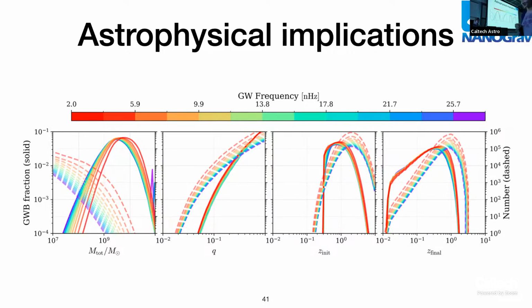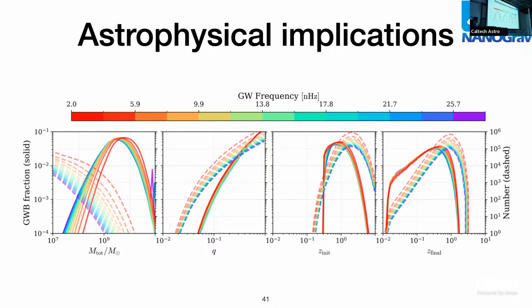Great talk. Could you explain why you expected the turnover at lower frequency because of the contribution from the binaries? Say that again, sorry? So you said that you expect the turnover at the lower frequency because of interaction with other astrophysical sources like clouds and stars. Can you elaborate on why you expect that? I said that I expect the signal to be lower. Oh, like a turnover at low frequencies, for example?